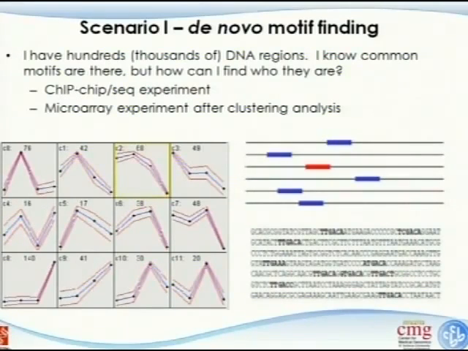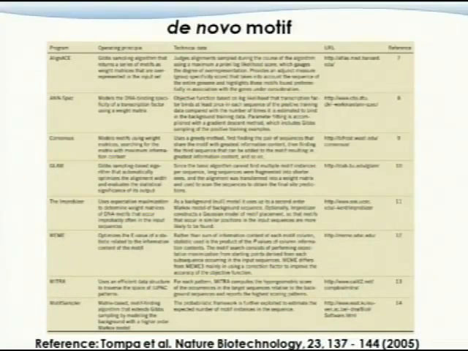I think up to 2005, there was a huge research area in this de novo motif finding. These are a couple of the algorithms that I listed here. There's a review paper in 2005 in Nature Biotechnology. They designed some benchmark data and tried to use different algorithms to see whether they could find those motifs. Of course, you can read this paper, which I read before, and I already forget everything I wrote. But the point here is that you want to take precaution